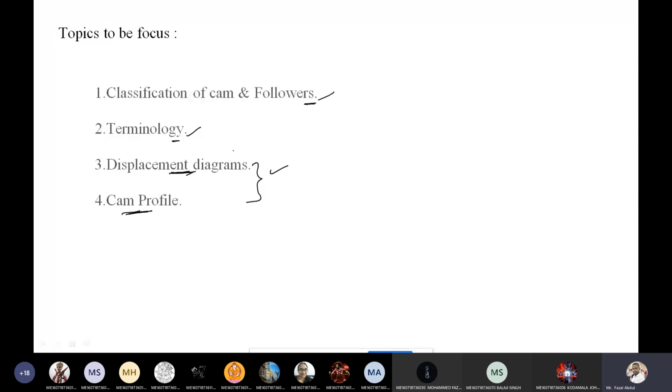Easily you can get the 15 marks long answer or 10 marks long answer, 2 marks short answer, 1 long answer, total 12 marks. Easily you can get 12 to 15 marks from the fourth unit. Okay, so first one,